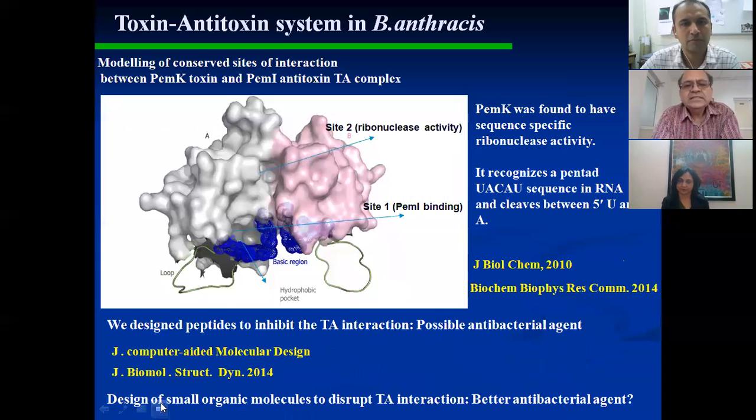Next slide. So this is the toxin-antitoxin model, which I think we together with Sonika ji created. We wanted to see if this interaction between toxin and antitoxin can be inhibited by designing certain peptides, and then the toxin molecule can kill Bacillus anthracis. It is something like committing suicide. So this is what we wanted to induce. We did this study with Professor Sonika and published many papers on that. And then she suggested certain peptides which were synthesized by a company.